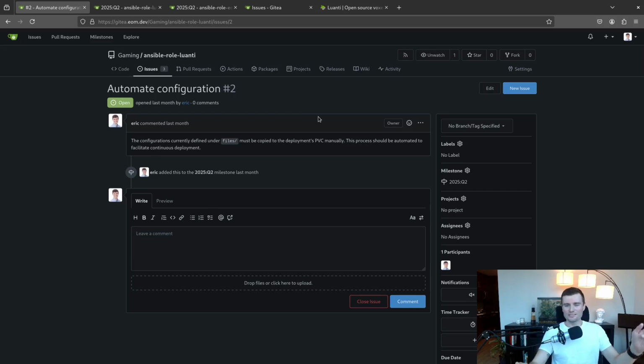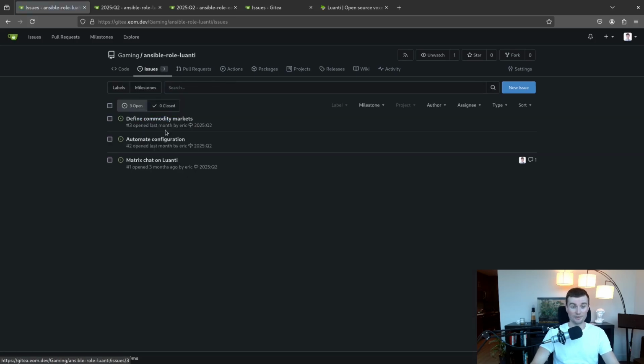Do I want to put this into Season 2? I guess I'm actually not going to, because of how specific it is. This is saying specifically I want to copy the config files over to the remote instance, and yeah, I can do that. That's fine. It's not too hard, but that's not really the big fish to fry at this present moment. Let's look at some of these other ones.